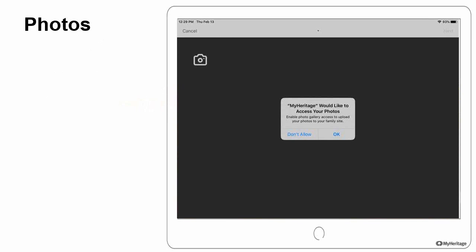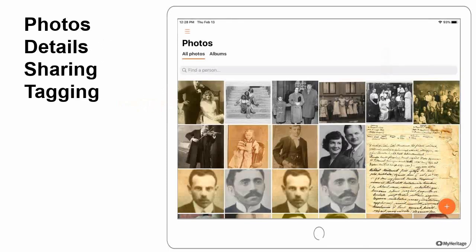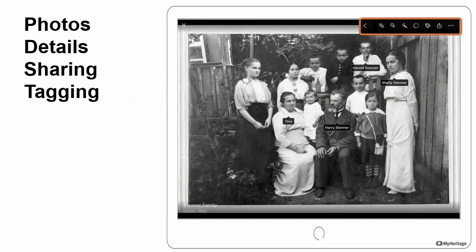And I am strongly suggesting again that you do that, even if it's the worst picture that you can take, because of the lighting and the space and reflections, whatever. It may be, at the end of the day, the best picture that you may get from that person or the document. Once the picture is loaded into MyHeritage or into the app, you will be able to share,